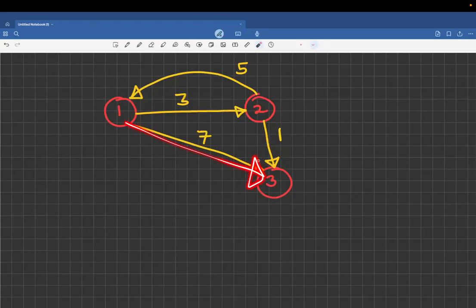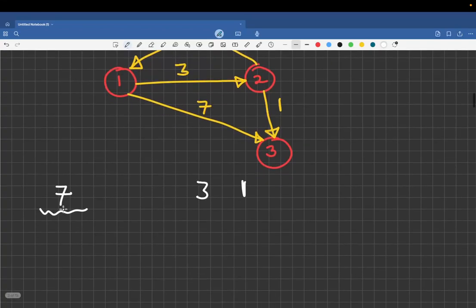Let's suppose I am taking this particular path. How many flights am I covering? Only 1 and the cost is 7, right? If I am taking the other path, how many flights am I covering? 2, right? And the costs are 3 and 1. Now you can use the discount coupon once. Over here there is only one flight, so you will use it here. So what will be the total cost? It will be 7 by 2, and since it is rounded down to an integer, it will be 3. So your final cost from 1 to 3 will be 3, right?